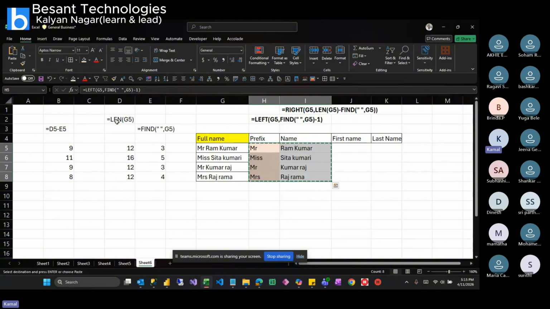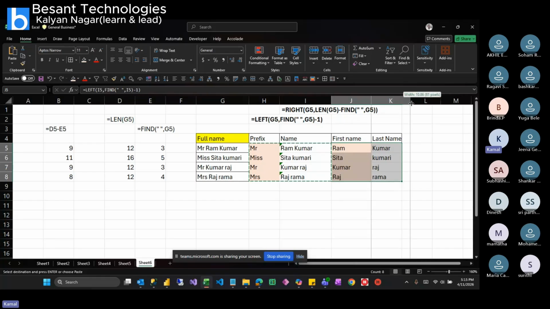For the first name and last name, what I'll do, I'll copy the data. See here my formula, I'm not using any dollar sign. I give Control C, I come to the right side, Control V. See, this is my first name. And here I have my last name. How did I get it? The same thing, I gave Control C, Control V. See the formula bar, I5. In I5,